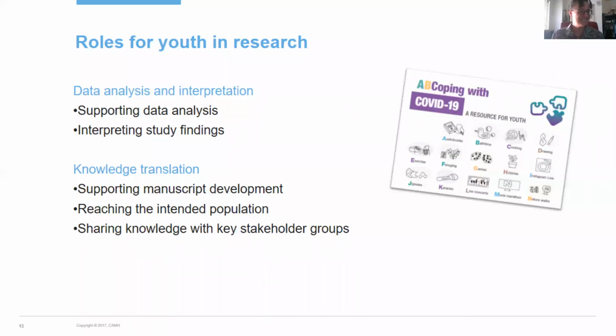Jackie? Yeah, so when you're doing research about young people, it's also important that you think about how you can get that information back to them. And it has to also be in a youth-friendly way. So it's important to do this so that participants can also just see what you're doing with their information, and how it can be used to make a difference for other people in the future.